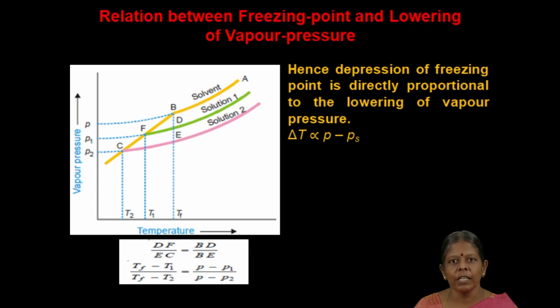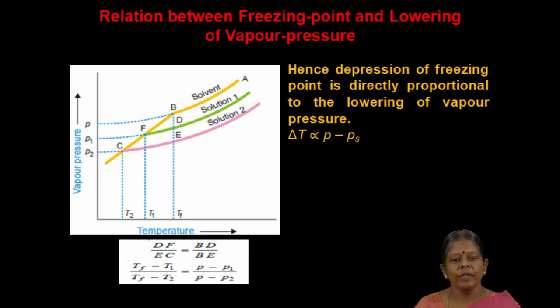When you are cooling water to ice, when you are freezing water, it will freeze at 0 degrees centigrade. But if you add a pinch of salt or sugar to it, its freezing point decreases. When you add sodium chloride to it, its freezing point reduces to -4 degrees centigrade. That is called the ice salt mixture, which has a lower temperature than the freezing point of the